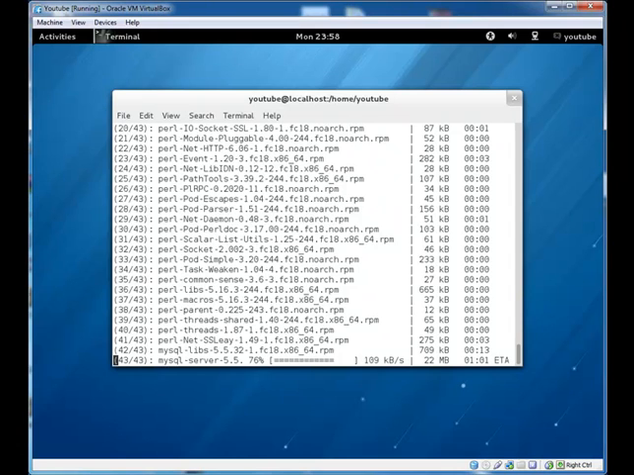We do need to do a couple of commands so that we can set it up so that it will actually start up every time you turn it on, and we can start it up for the first time as well. So